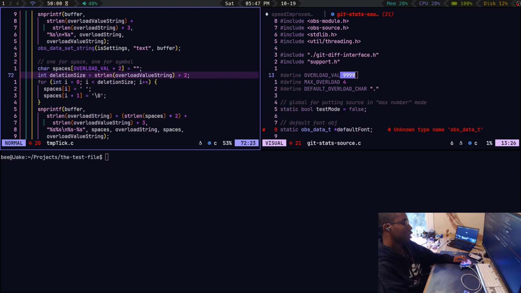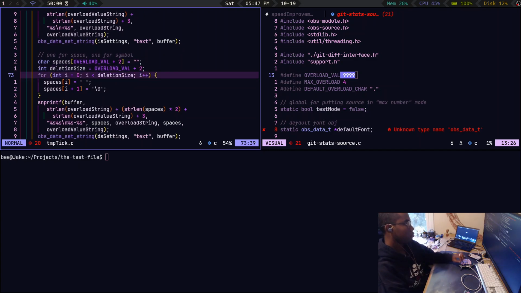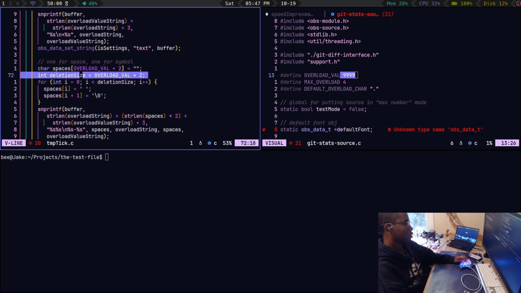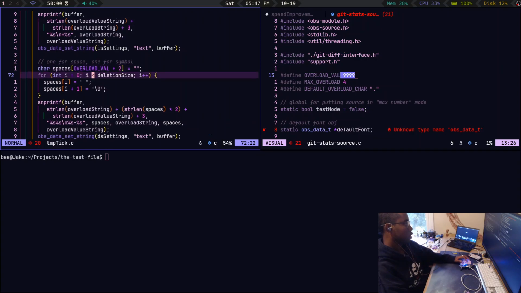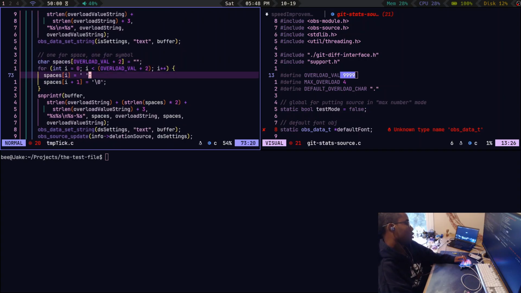Meaning that this doesn't need to be calculated, because all this is overload value plus 2. Yeah, we can get rid of that, actually. We don't use that again, right? Yep. That gets filled out with just an integer and probably a little bit better. I don't know how much better it is, but